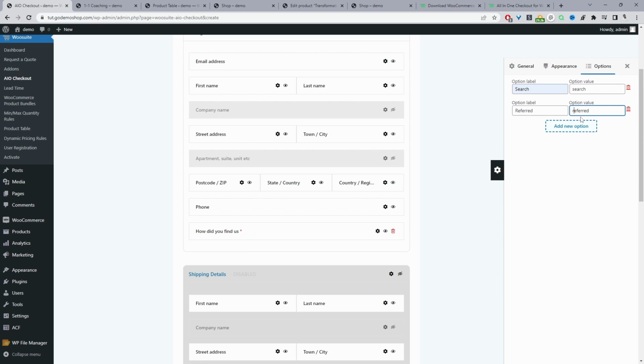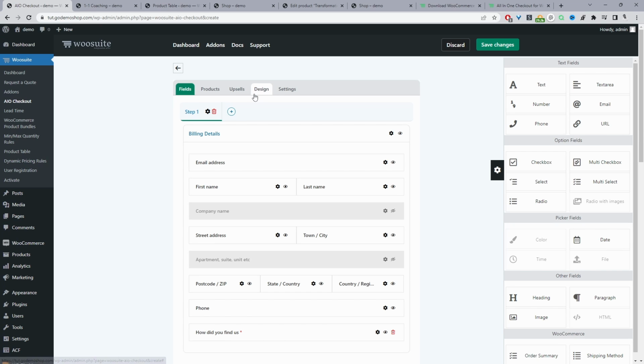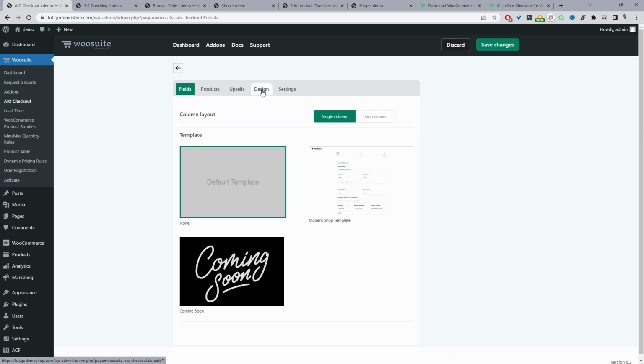Just make sure you do order option lowercase within the value field. Okay, and then we can say other, for example. Okay, so we can now X this off. Okay, and then we can navigate to design, and then here we can use our default theme design, or we